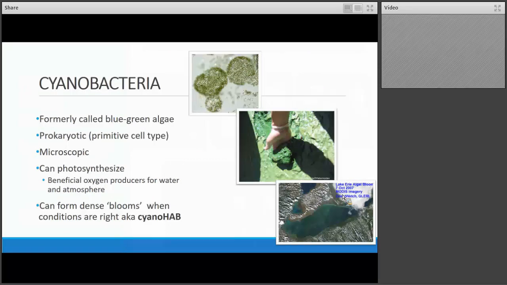So what are cyanobacteria? These used to be referred to as blue-green algae because they were thought to be true algal cells because they could photosynthesize. But what scientists learned is that they are indeed prokaryotic celled organisms. So what I mean by primitive there is that these were the first types of cells to evolve on the planet